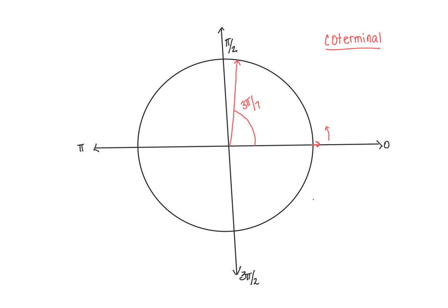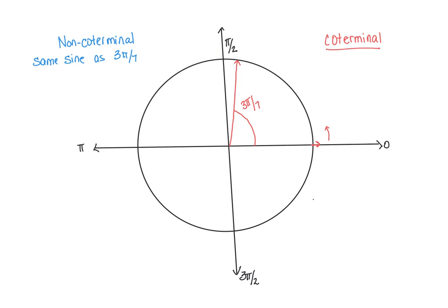So if I have a coterminal angle to 3 pi over 7, any angle, it could go around and around and around as long as it ends here, is considered coterminal. So this question is saying give a non-coterminal angle, meaning it does not end at the same point, but it has the same sine value as that 3 pi over 7. Well, in order for it to have the same sine value as the 3 pi over 7, they have to be